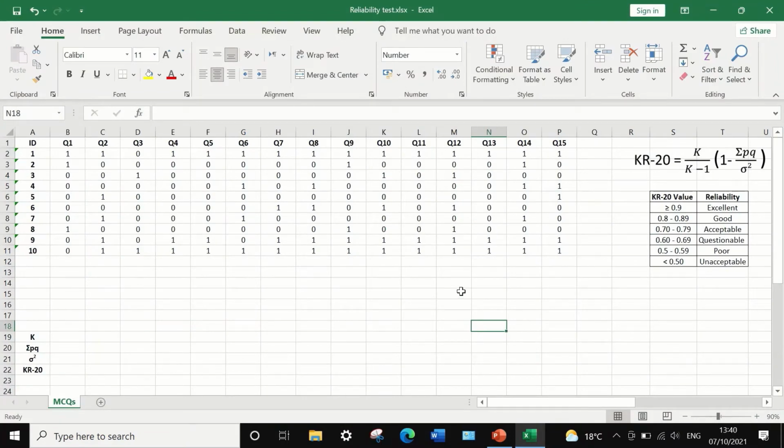Here in this data sheet in Excel, I have data from an exam result for 10 students who participated in the exam and answered 15 multiple choice questions. The value or the score for each question was recorded as either 1 for a correct answer or 0 for a wrong answer. And to find out whether this exam or test is reliable,